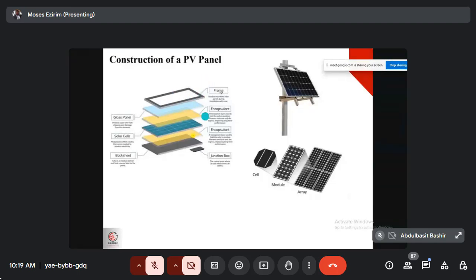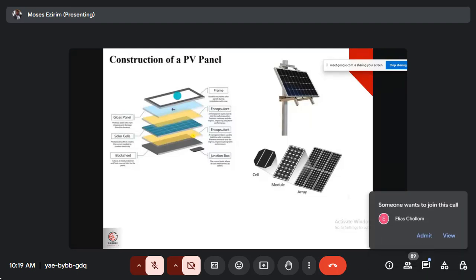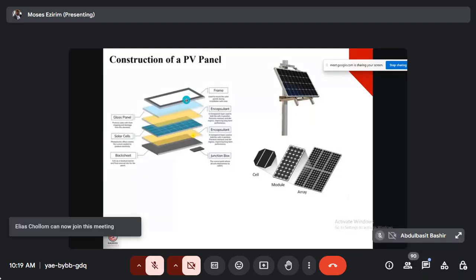All right, so immediately after the frame, we have the glass. That's the reason why you can step on the panels while doing your maintenance. It's because of the glass. Now after the glass, we have the encapsulant. The encapsulant is like a gum that glues the glass to the panel. It is actually protecting the panel. The encapsulant is like a cream that you put at the surface just to ensure that the glass is glued to the